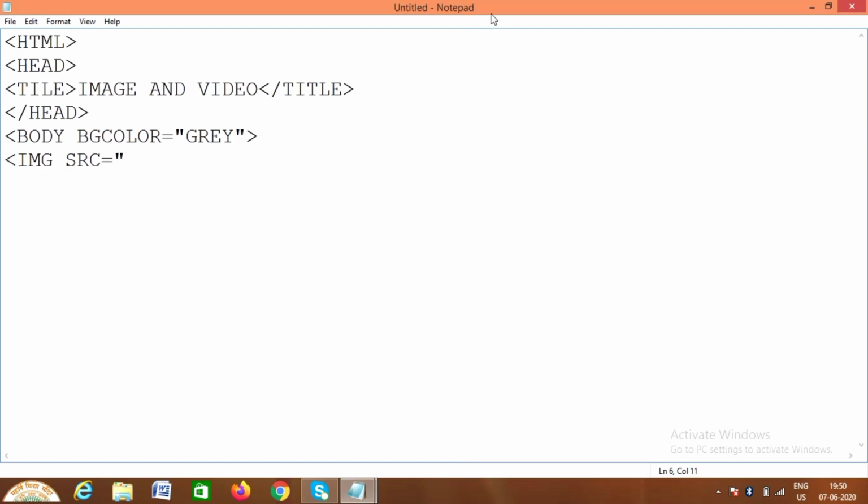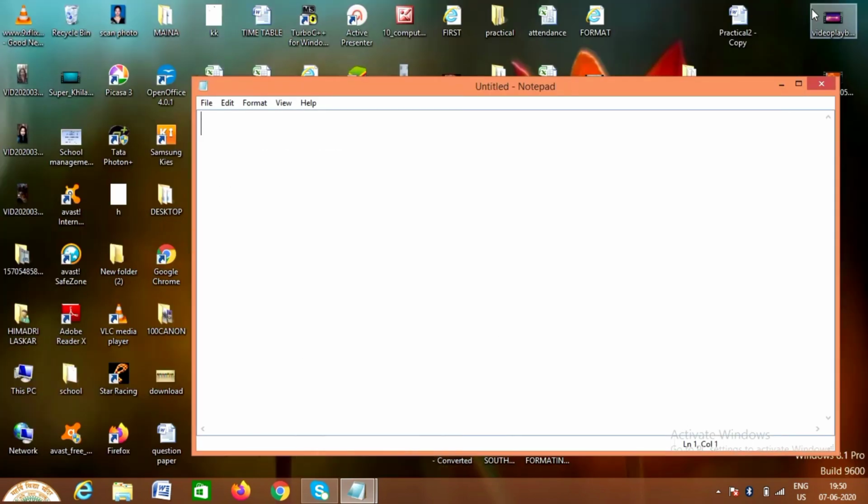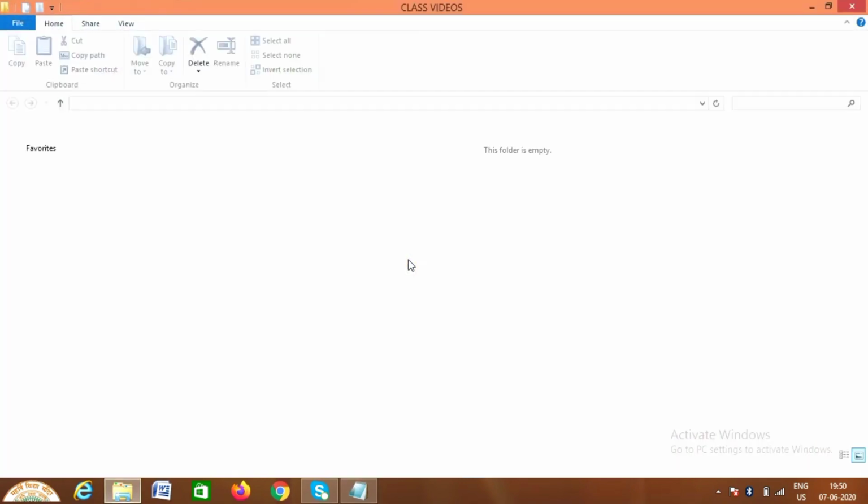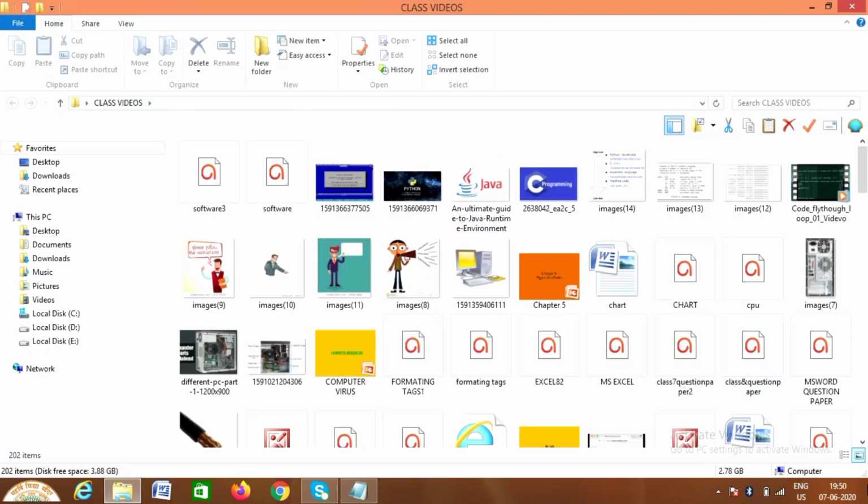Now minimize your screen and find your picture in the computer, the picture you want to link to your HTML web page. So I'll find one picture. There are so many pictures, so I'll select this picture.